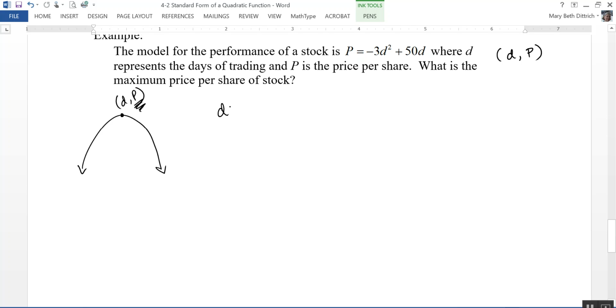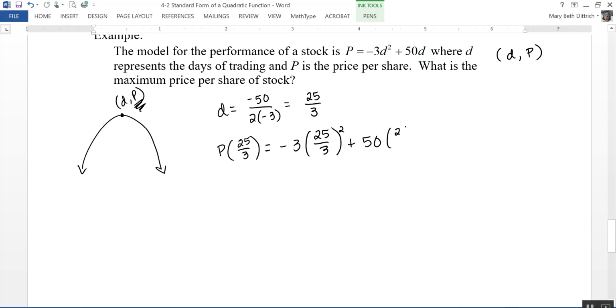So let's do negative b over 2 times a. That's going to give me negative 50 over negative 6, or 25/3. So that's really the x-coordinate of this vertex here. Plugging that into the function, so let's find p of 25 over 3. Plug that in. So negative 3 times 25 over 3 squared plus 50 times 25 over 3